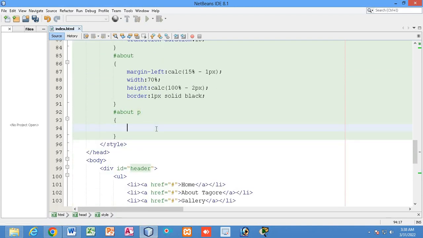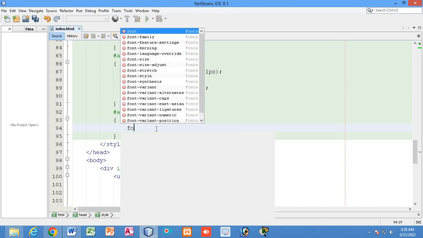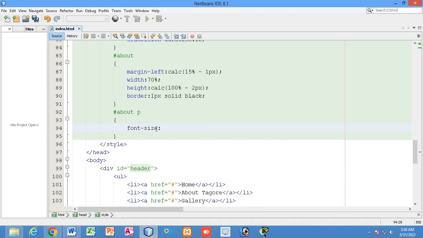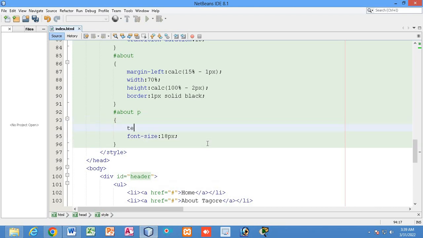Here I will write the font size. I will increase the font size, right? So how much font size should I give over here? Let's say 18px. Another thing I'm going to do is the alignment of text, that will be justified.